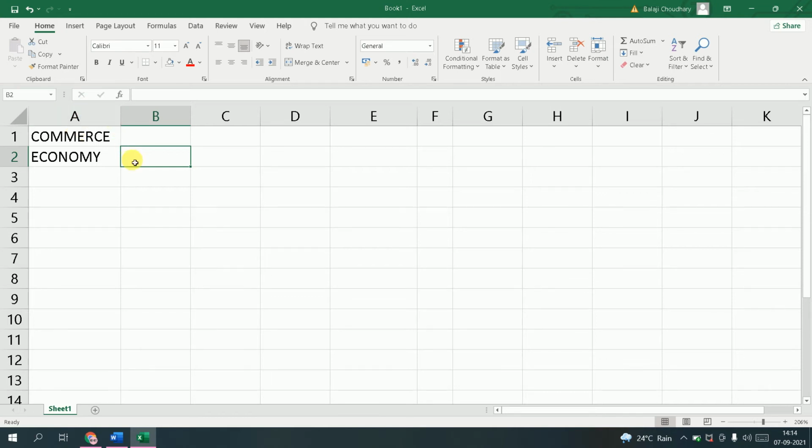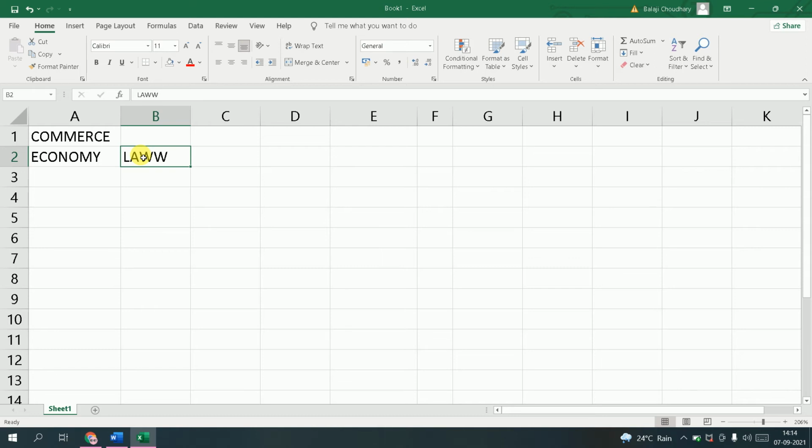For example, I write here law. See, again I have typed law here, but this time I will press the enter key. So now this is saved. But now when I go back and double click on it, and now I press the escape key, it won't work. It is not removed now.